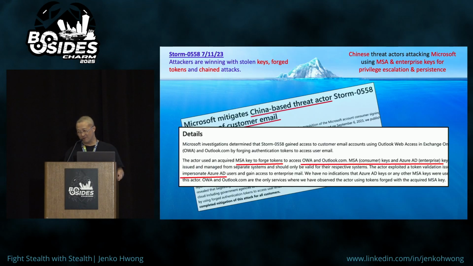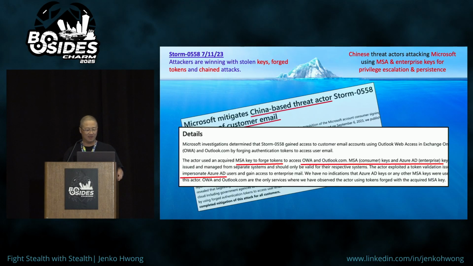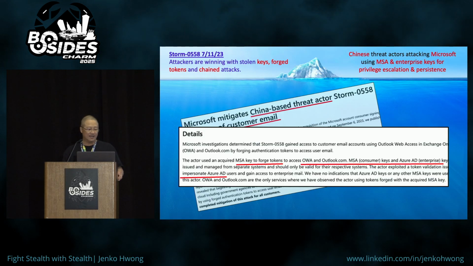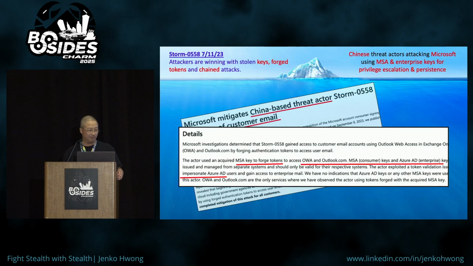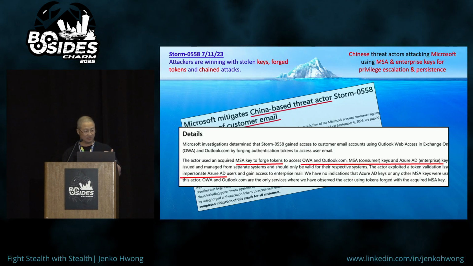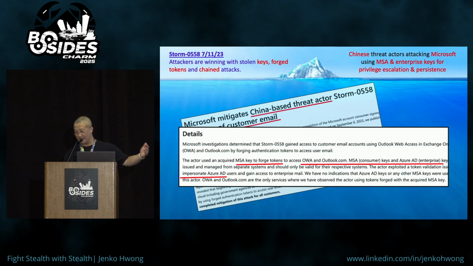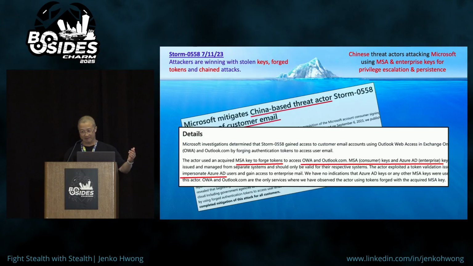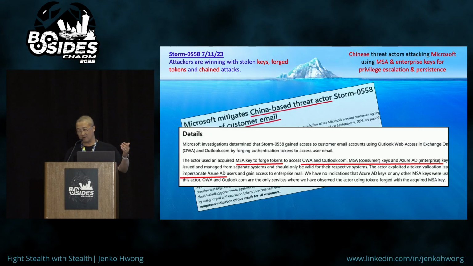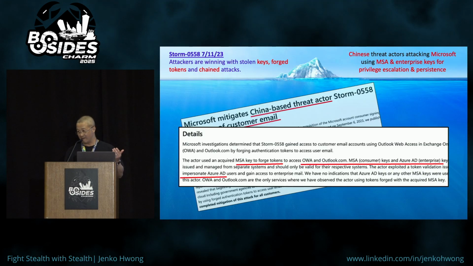The first of many storms, right? This one's 23 version, 0558. Some of our favorite threat actor countries, China. Again, this one's pretty complicated, but we're getting into forged tokens. They're starting with email. It's a misnomer to say this was business email compromise, but that's part of where it started. MSA tokens. It gets complicated, right? Really fast. Again, if you're in that world, consumer side email, crossing over to business side, I'm pointing out attacks